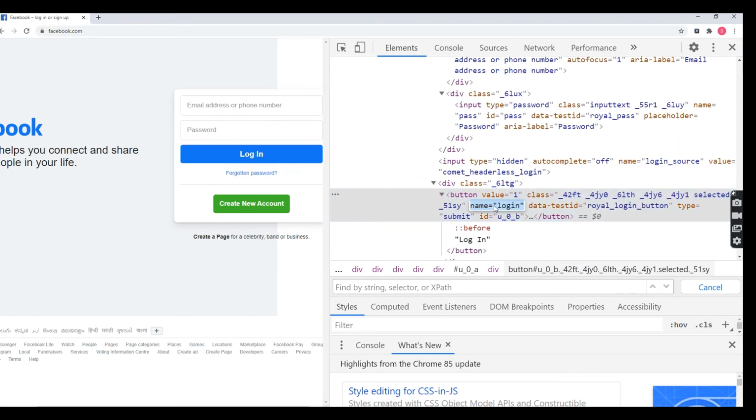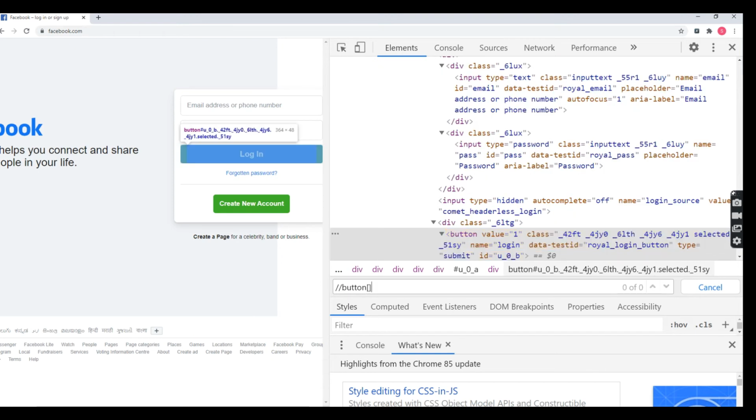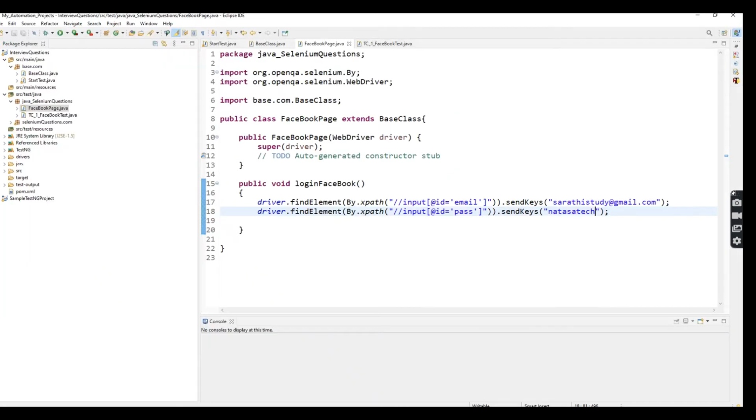So I'm using the name login button. Here I'm going to use single quotes. Copy, paste and replace here.